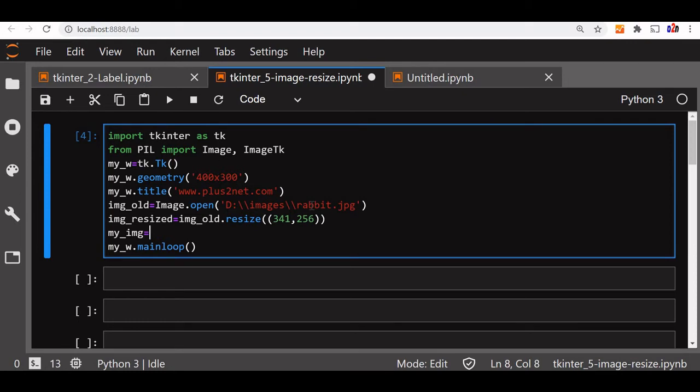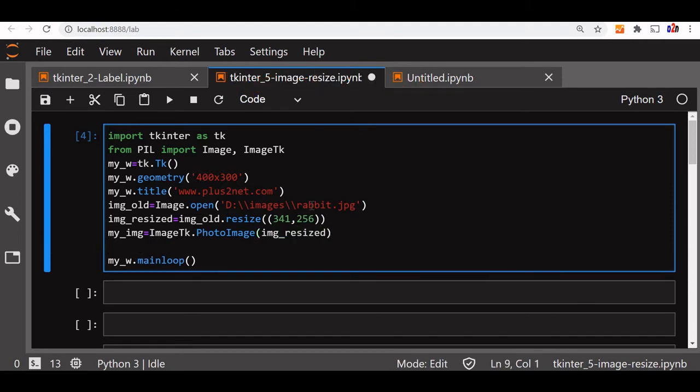My_image is equal to ImageTk.PhotoImage, now image_resized. Fine, that's all. Now where will I display it? Let's create a label. You must have seen in a previous video how a label or a button can be used. Now we are using a label.